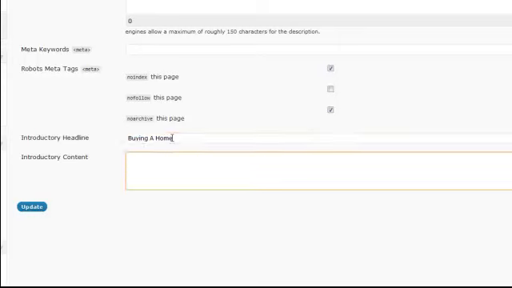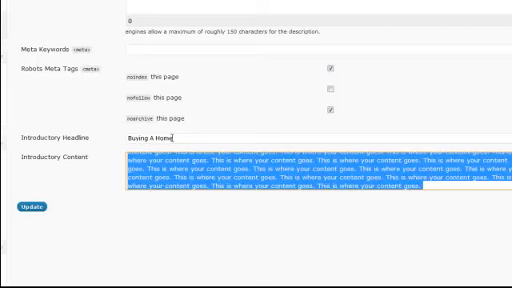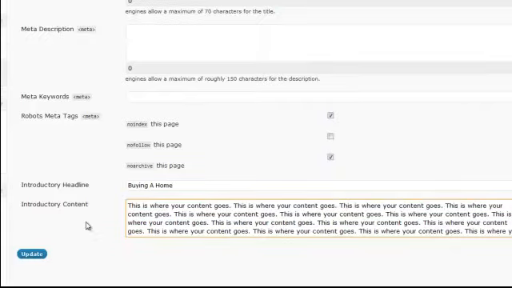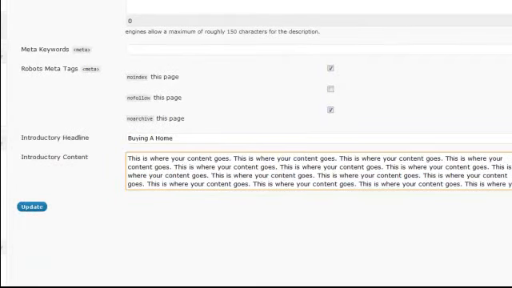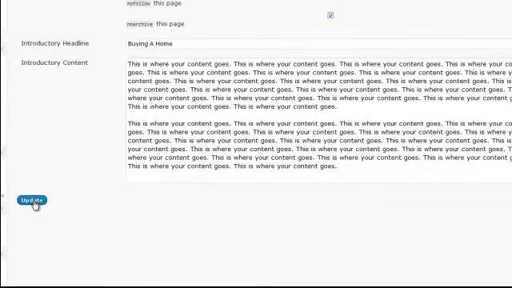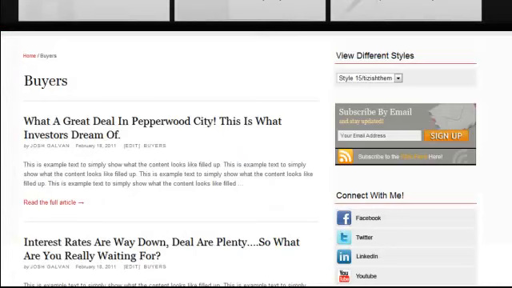Let's just do it for the sake of the example. And then this is where your content goes. Okay, so let's say this was your content, right? And now you can make it bigger as well if you'd like to make it easier, whatever the case is. So now I click on update, and what we're going to see is the beginning of this concierge concept page being created. It says item updated, so we go back to our category. Now we click on refresh,